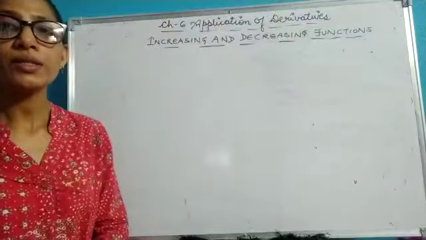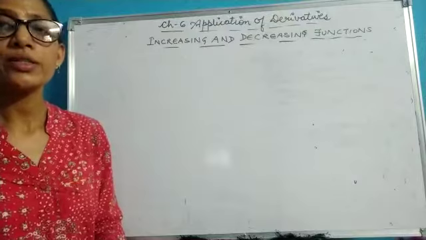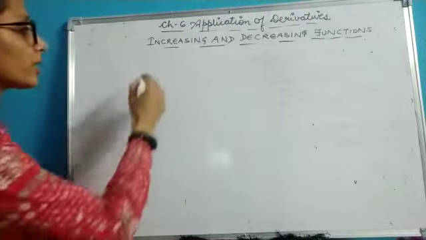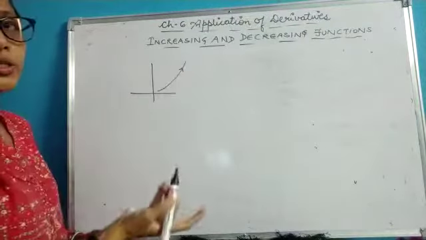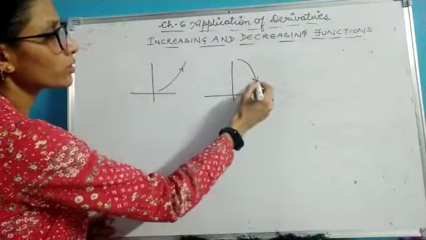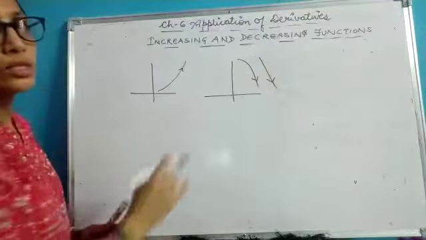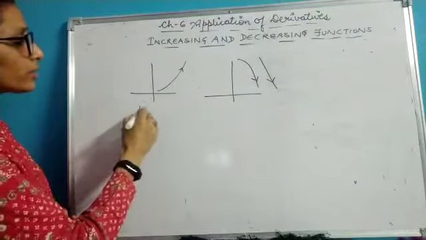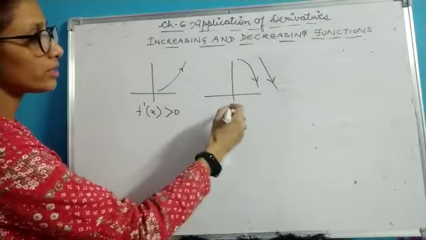Everyone, today we are going to discuss increasing and decreasing functions. Children, the name is only suggesting to us that increasing means if your graph goes in an upward direction, then it is your increasing function. If your graph comes down, then it is your decreasing function, either in this way or in this way. Children, it is an increasing function when f dash x is greater than 0,